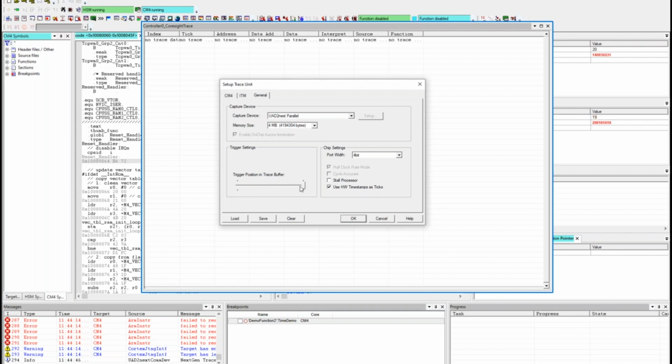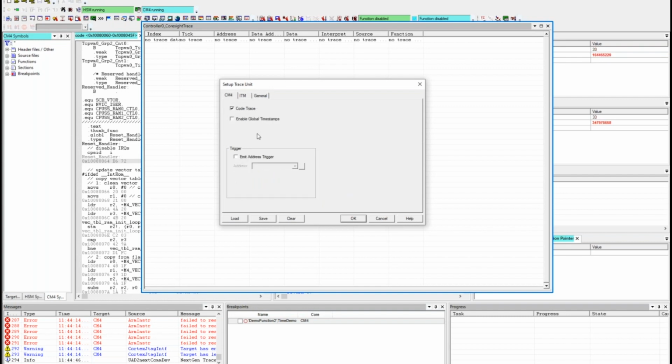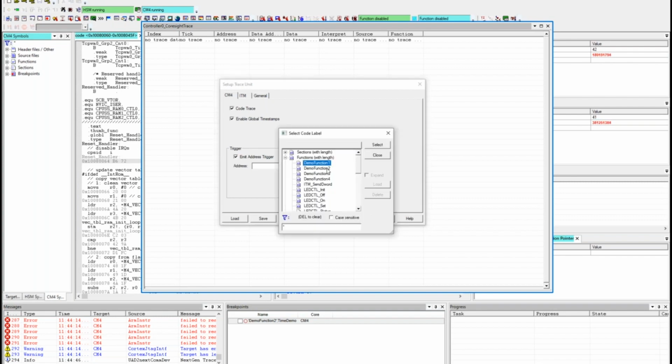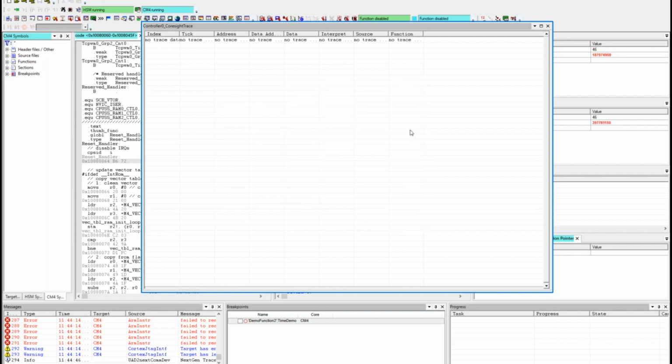In the post-trigger condition, everything is traced right before a condition, and then the trace is stopped, basically speaking. Okay, trigger position on the position here, and then we enable the code trace for the Cortex-M4. We want to see some timestamps, and we need the trigger condition, basically a code address, for example, update wave buffer. And then we can close that, start trace recording, and